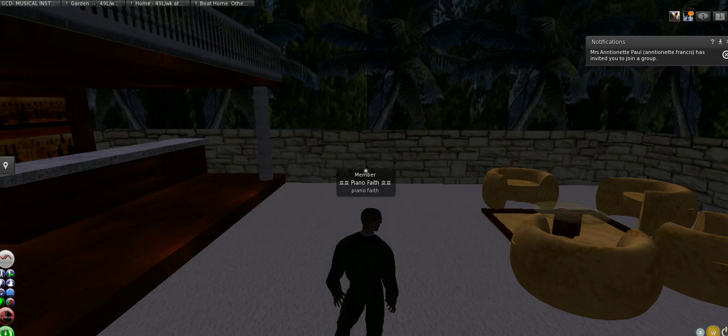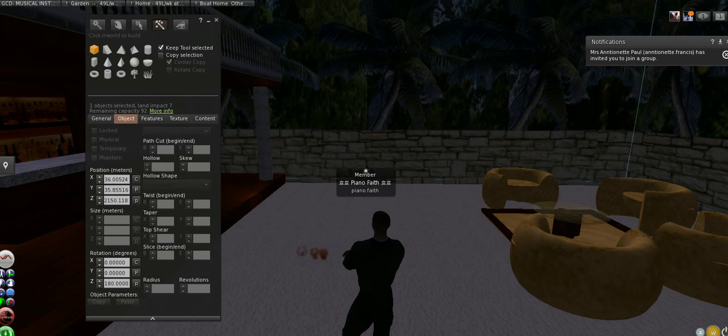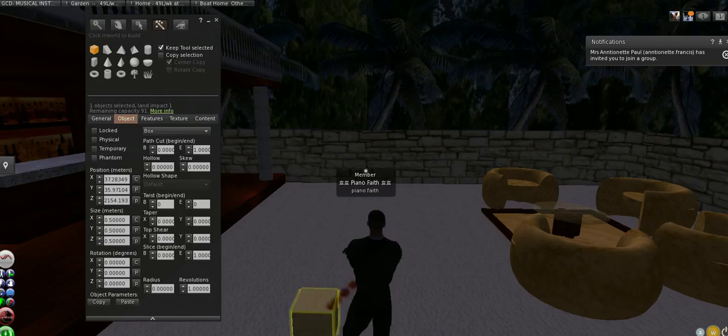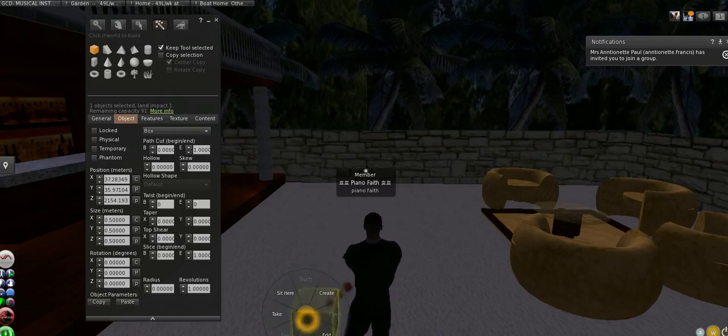In this video I'm going to create a 2 advertising board. First thing you want to do is right click on the ground and click on create. So we do that, that creates a prim. Next thing we want to do is make that hollow, so we right click on the prim and then click